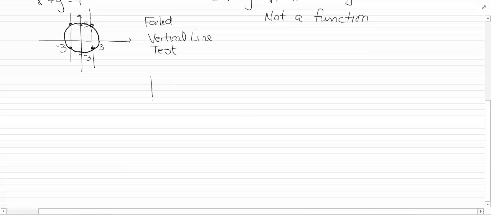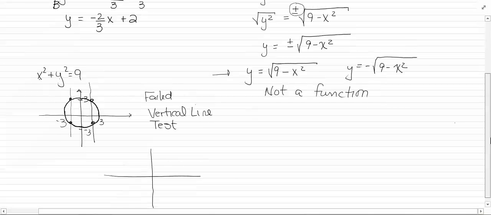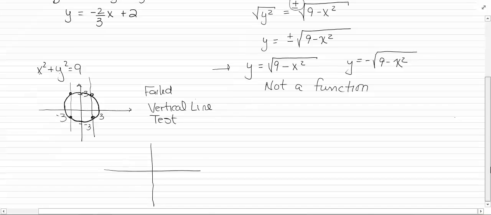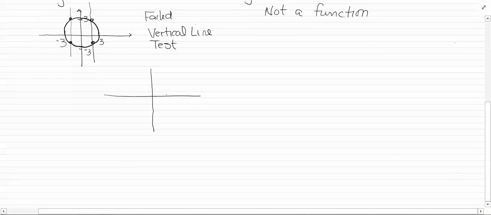All right, but if I draw in my line, what was our line back up here? Negative 2/3 x plus 2. So go up to 2, and go down 2 to the right 3, and draw in your line. This is a function,